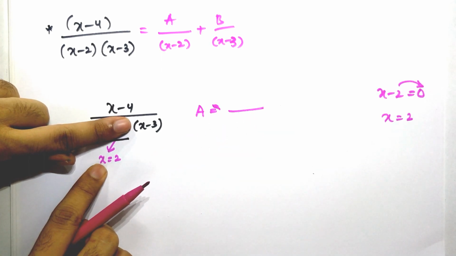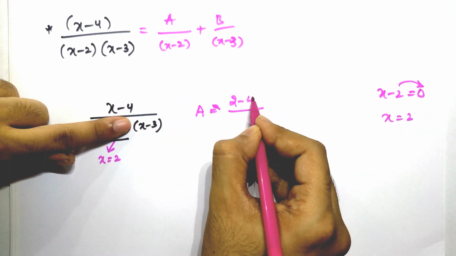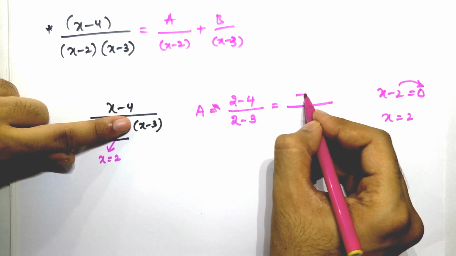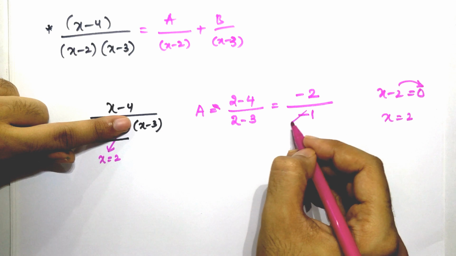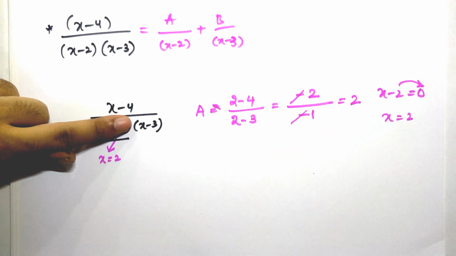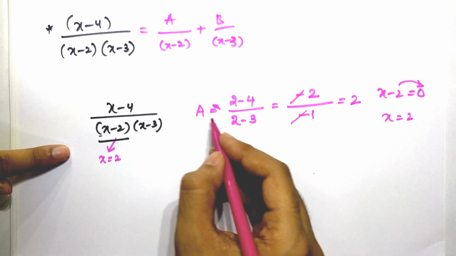So x is equal to 2. I am substituting in the leftover term. So 2 minus 4 by 2 minus 3. Now you can see 2 minus 4 is minus 2, and 2 minus 3 is minus 1. So minus minus goes off. The value of a is 2. Right. Now to find the value of b,